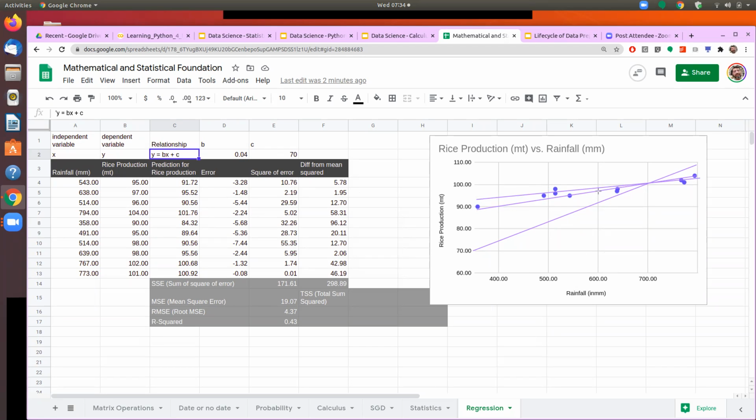So now the question as a data scientist is that if these are the different estimations we are going to make, which one is the best estimation? Or we are saying, which line is the line of best fit? We call it the line of best fit. It means which one is giving me the best prediction, and these lines are nothing but this equation. So each of these lines represents a different equation, or different values of b and different values of c. We need to assess which one is the best one, and that's where we are saying let's find out how we measure which one is the best.